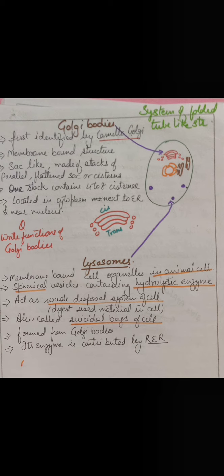They are present within the animal cell. Why? Because this function of waste disposal is carried out by the vacuole in plants. So there is no need of lysosomes over there. They are also called suicidal bags. What is the meaning of suicidal bag? Which is killing itself. So how is this waste removing and killing function performed by these lysosomes? Because these lysosomes have an enzyme or chemical called hydrolytic enzyme. This enzyme is a digestive enzyme.